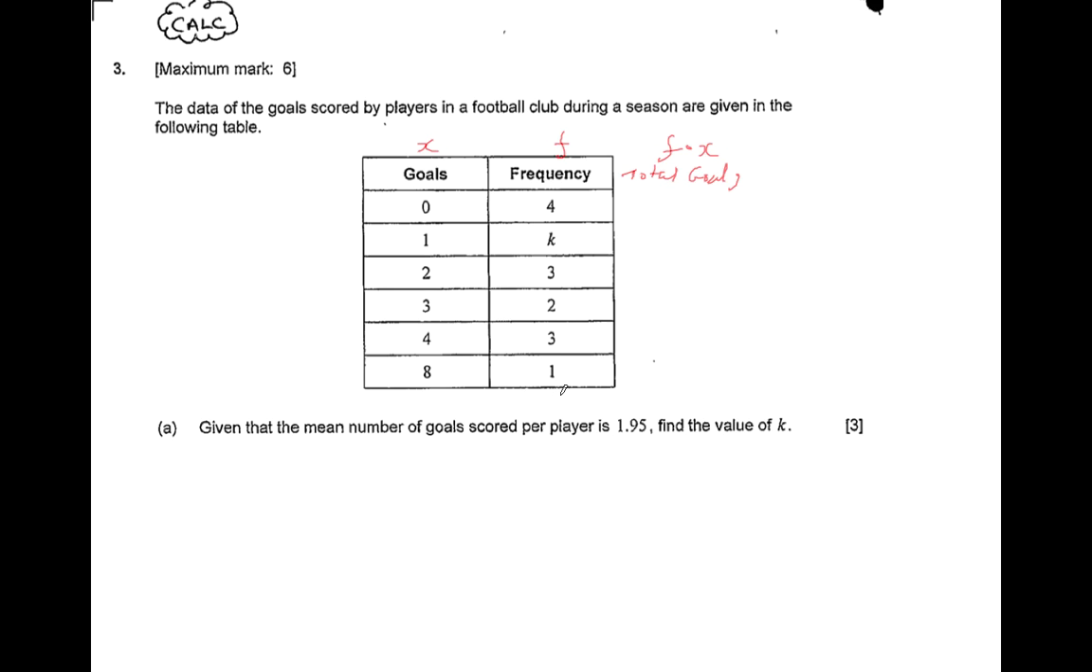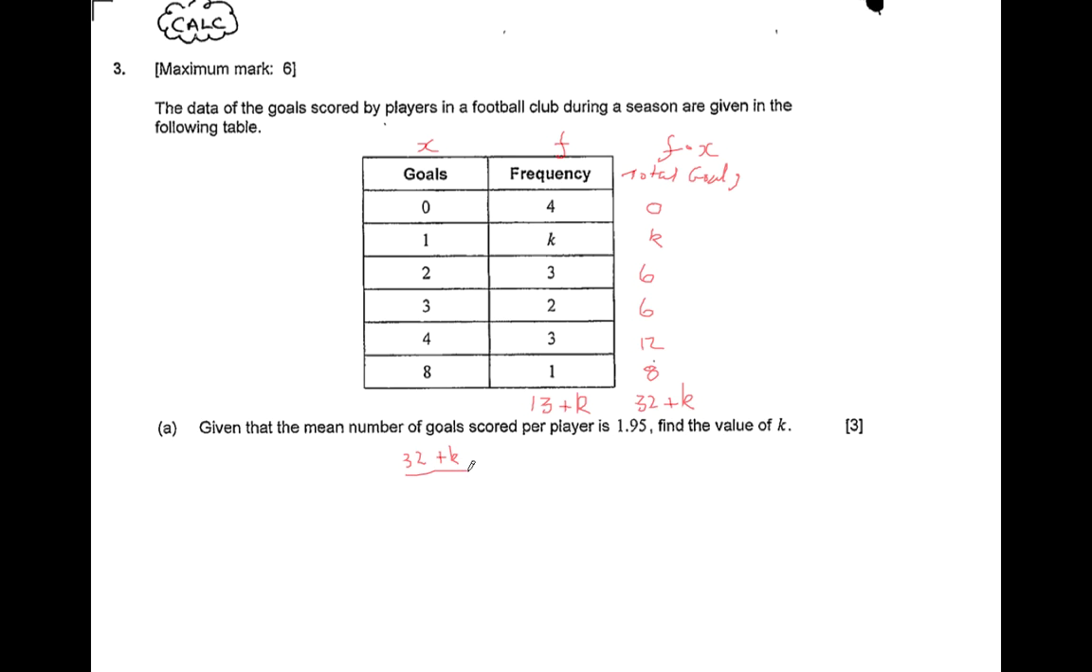Yeah? And so down here is 3, 4, 5, 6, 9, 13. This is the total number of players is 13 plus k. The total number of goals is 0 here, k here, 3 times 2 is 6, 4 3s are 12, 8, and the total number of goals is 20, 26, 32, 32 plus k here. And you know that to work out the mean, it's the total goals scored, which is 32 plus k,